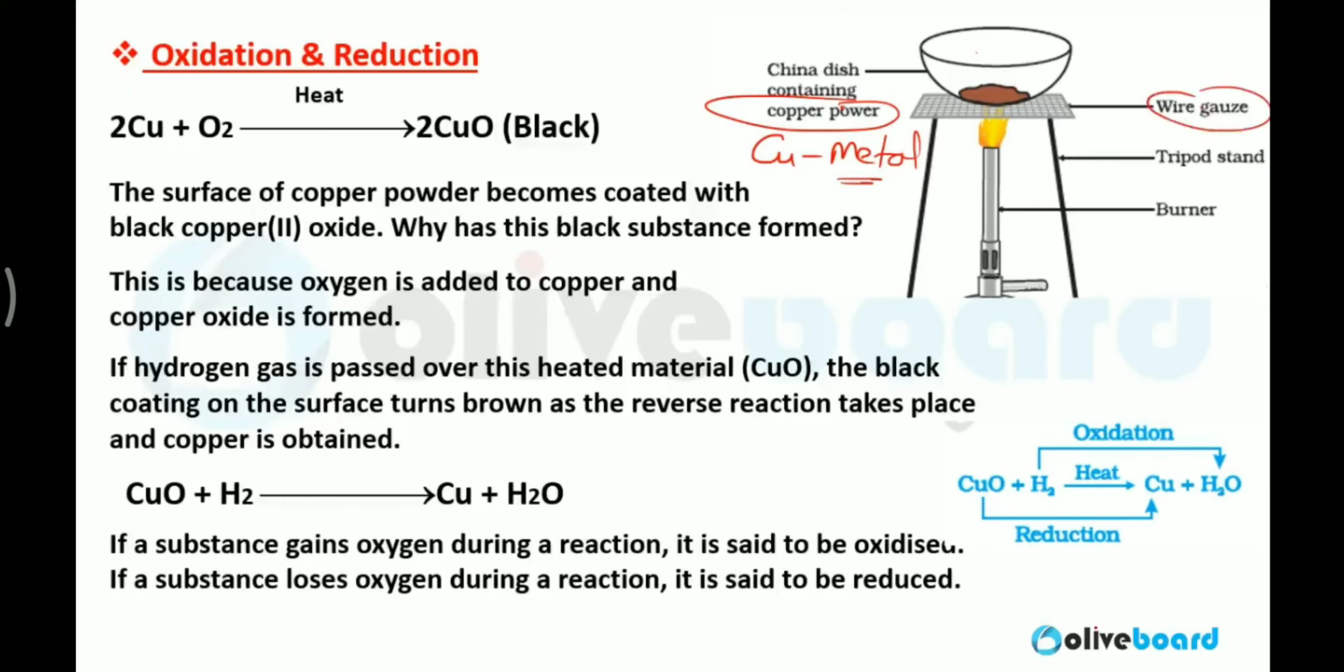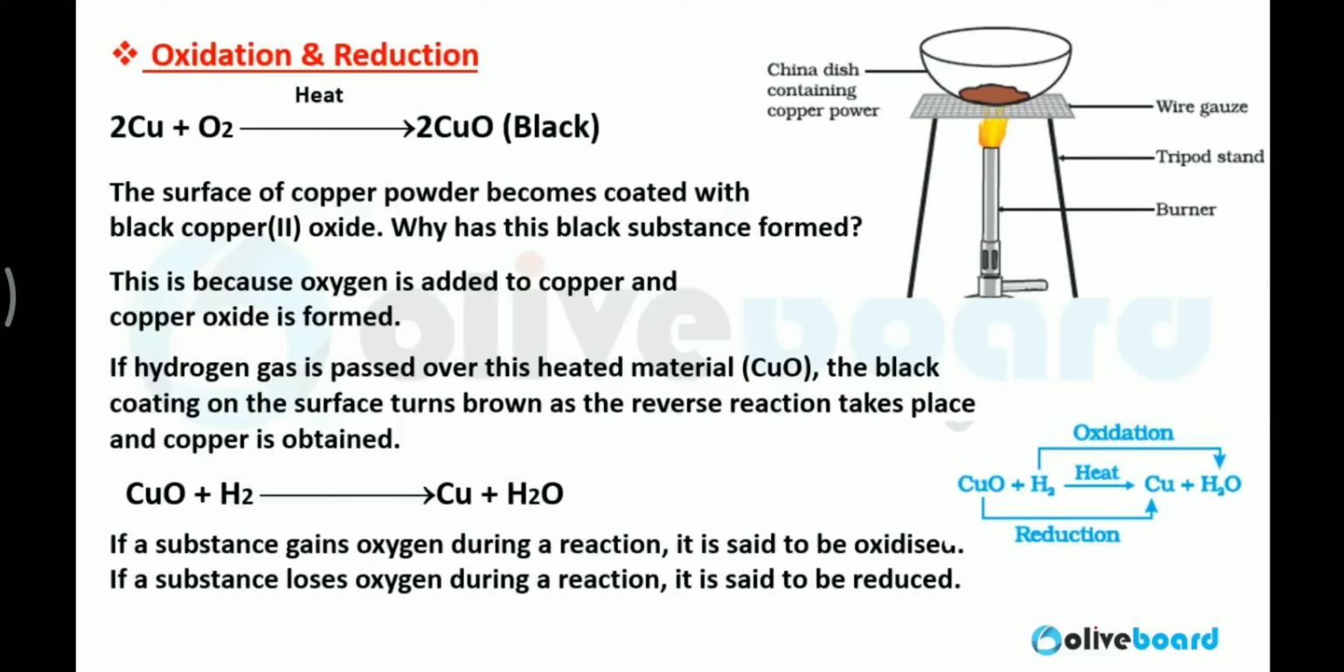This is a wire gauge over which the china dish is placed. Basically this wire gauge is holding the china dish, and this is a tripod stand, and this is a burner. Here you can see everything in this figure. And from the reaction you will get to know. Let's say first in the china dish, when copper powder was there and you haven't provided the heat yet. Now you started the burner and provided the heat